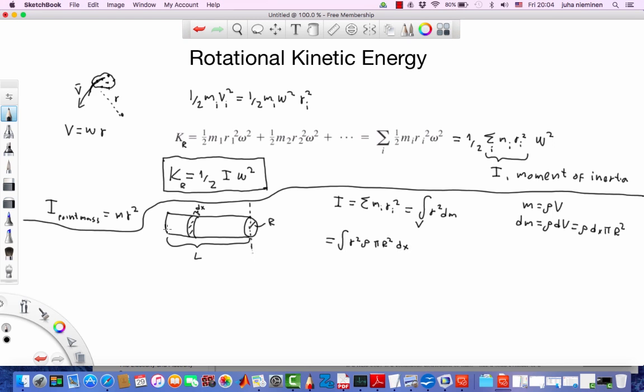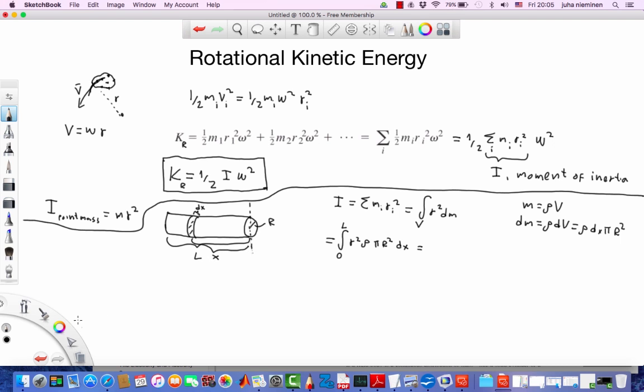So like I said, we are integrating over the length of this rod, and hence we go from 0, let's say 0 is here, all the way to the other end, the length L. And of course, if we call this dx, then the distance of this unit from the 0